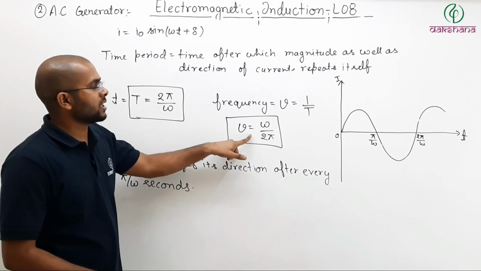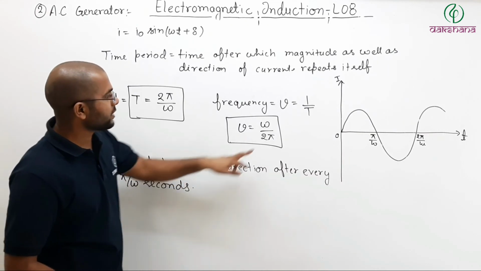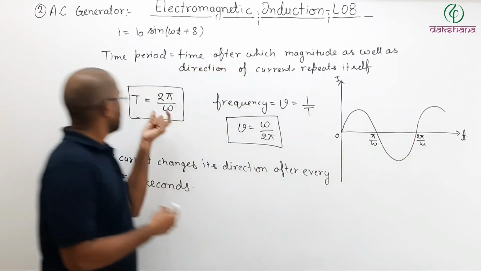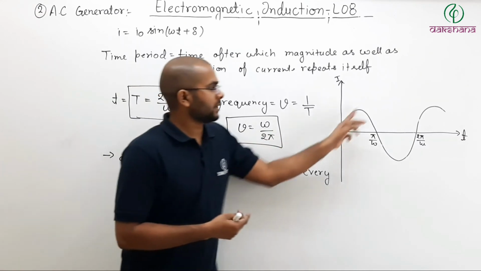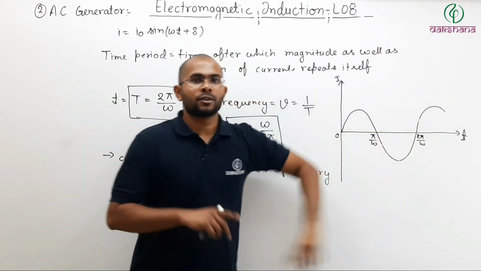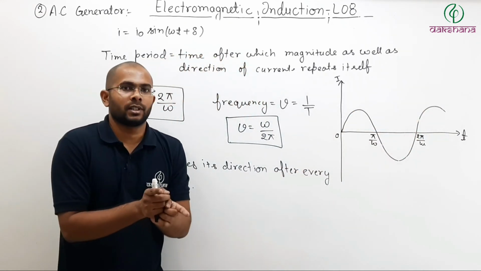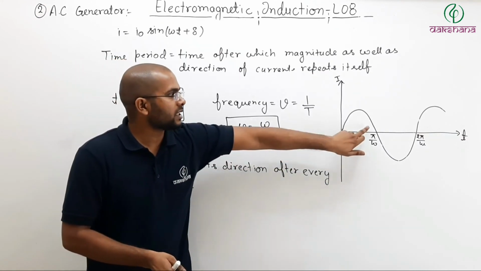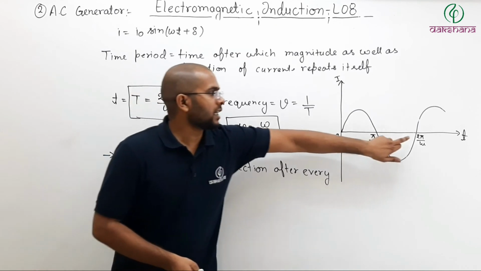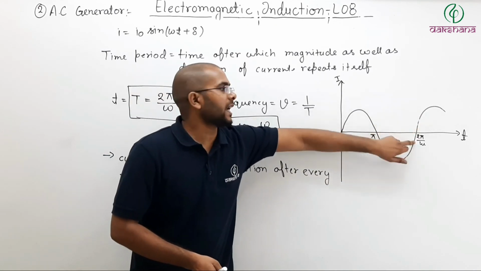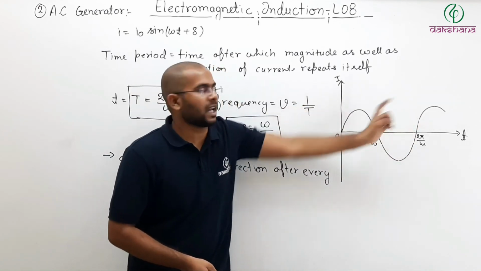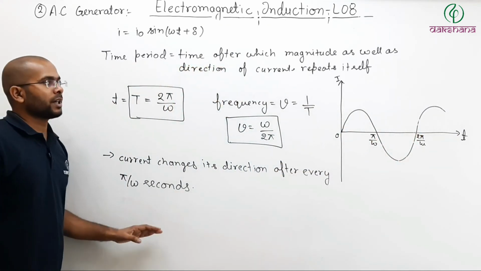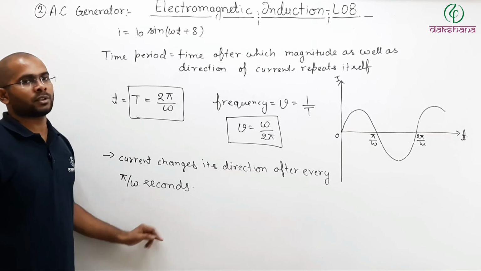While in the frequency, it is omega by 2 pi. So in the frequency it takes 2 pi by omega time from here to here, the time period. So when you talk about time period, you take both magnitude as well as direction. So here it is positive to negative change. Here it is negative to positive change. That is why I cannot take this as my time period. I will have to take this entire as my time period. Pause the video, note it down, then we will solve questions based on this.